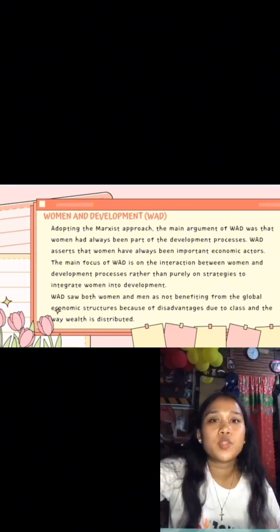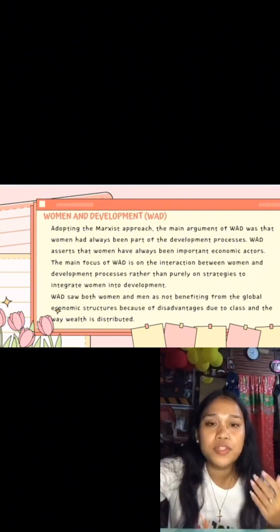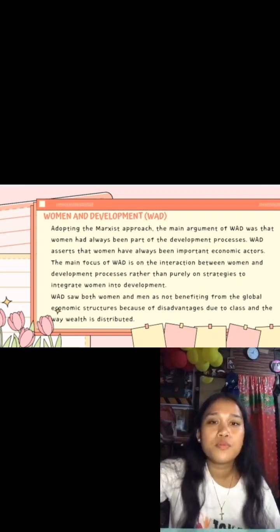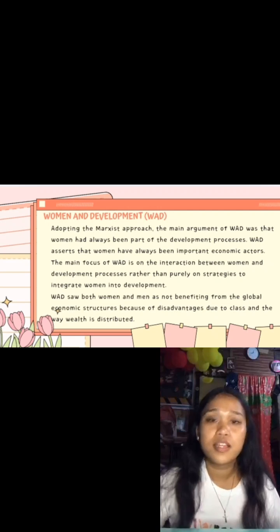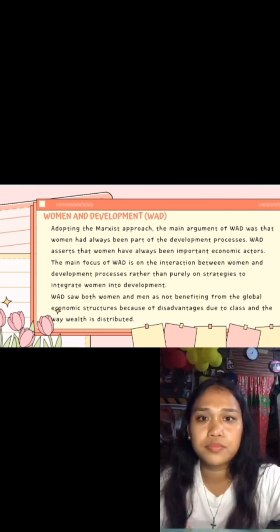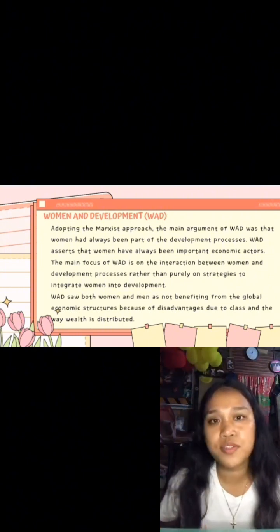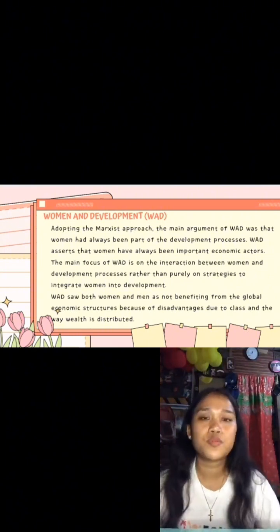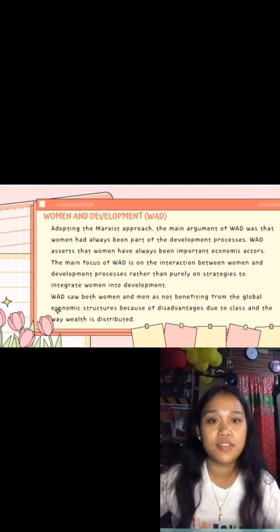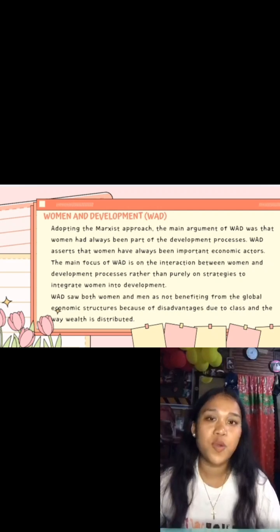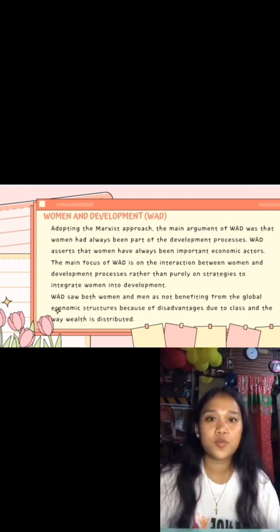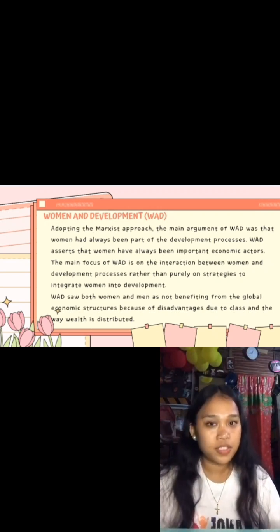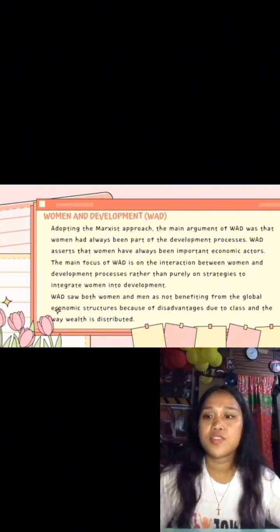So Women and Development critiques Women in Development by recognizing women's existing roles in development. It also underlines global inequalities and asserts that integration can disadvantage women. So this approach arose as a critique of Women in Development. It emphasizes that women have historically been integral to development processes, yet have faced systematic inequalities. It critiques the idea of simply integrating women into existing frameworks, arguing that this often reinforces global inequalities rather than addressing them directly. So now let us